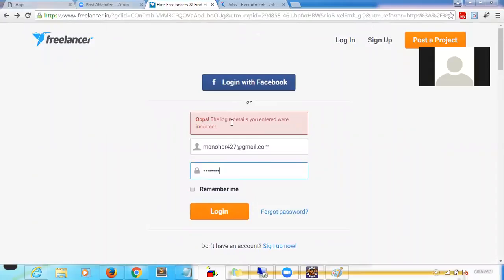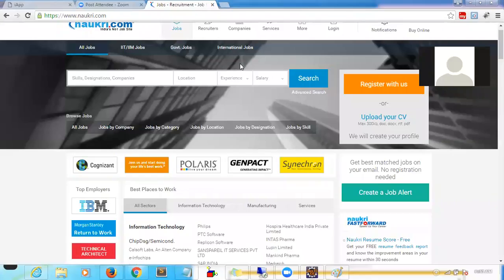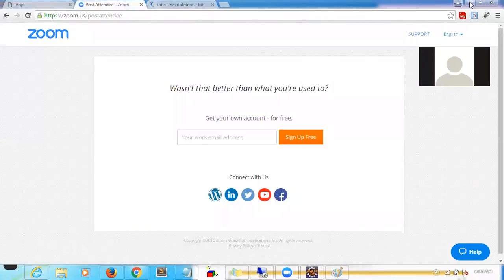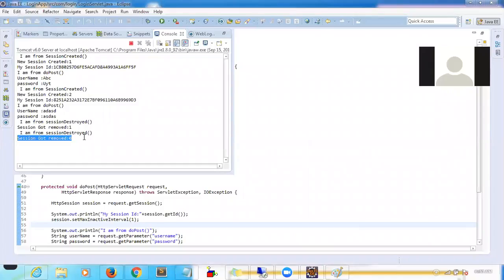Okay, I forgot my password. So what will happen if you log in here? It will show 2 counts. One is the currently active users: how many people are currently logged in to that website. And the second one displays how many users logged out in a minute. Okay. So that way we can measure our website's load.